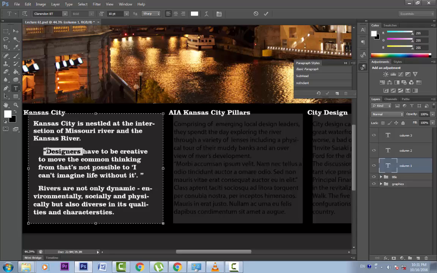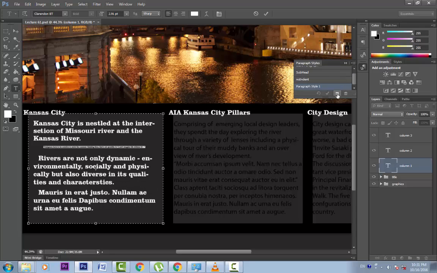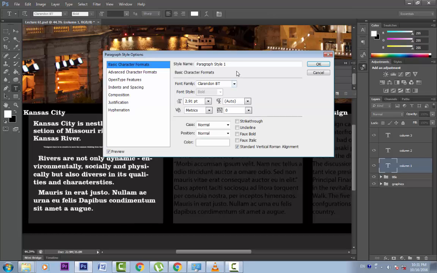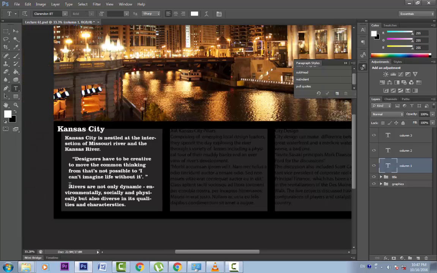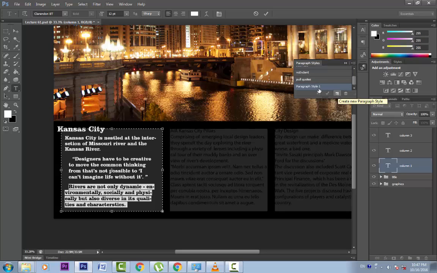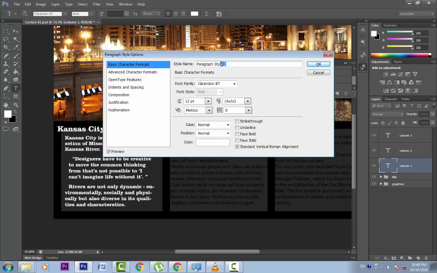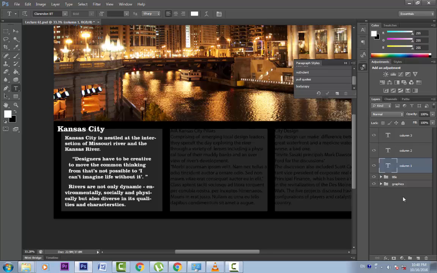Click 4 times, create a new style, double click and name it. Since it is inside quotes, I'll name it pull quote. Let's now select this paragraph by clicking 4 times, create a new style, double click and name it body copy. OK. So we have created different paragraph styles for this bit of column.